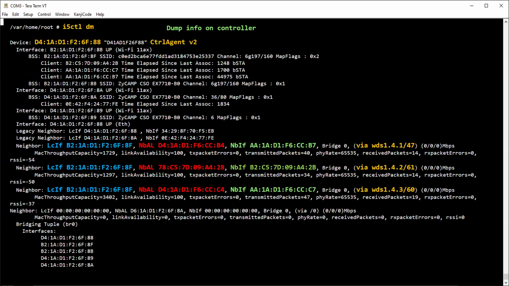Okay, and this is another command we can run on the devices. The output this time is dumped from a controller device. You can see that I marked several MAC addresses or BSSIDs in different colors, like this. For example,